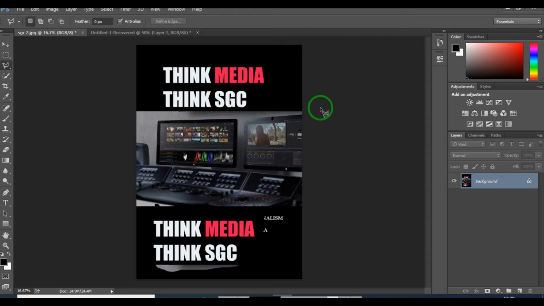So the polygonal lasso tool can be used for creating straight edged segments for the selection. For example, when we are making a selection, we can see these straight edged segments, and we need to connect both the ends in order to complete the selection. So the only difference is the first one was a free form, then the polygonal lasso tool is a straight edged segment creation. And when we go to the third one, the magnetic lasso tool,